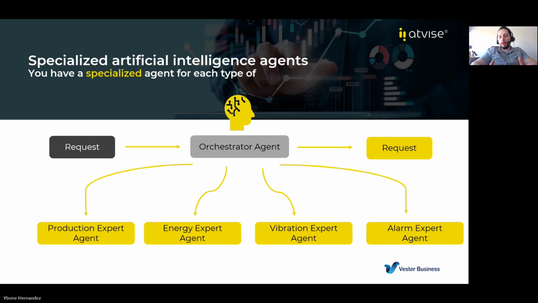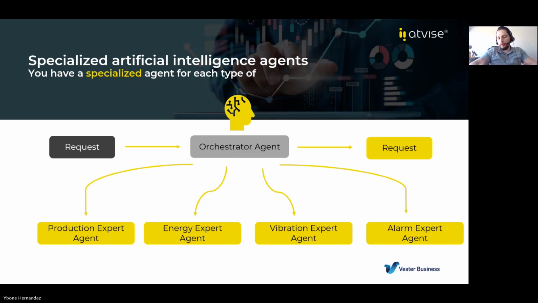There are multiple industries. And what we've seen is that the best way to harness the power of artificial intelligence is to define specific experts for each industry and for each application. So as you saw before, we have a chat. When we ask a question in that chat, we send that request to the orchestrator agent.